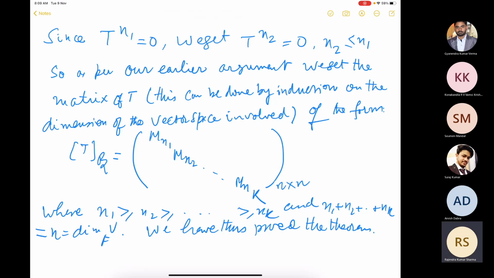And we proved that in such a situation, there is a basis with respect to which the matrix of T can be written as a block diagonal matrix. So Mn1, Mn2, Mnk, where n1 is greater or equal to n2 is greater or equal to nk, and the sum of the ni's is the dimension. And this is also important to recall the form of